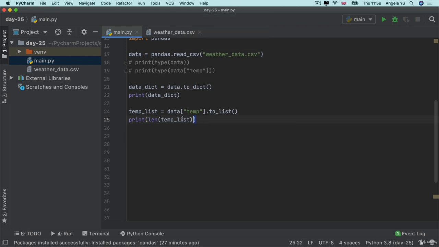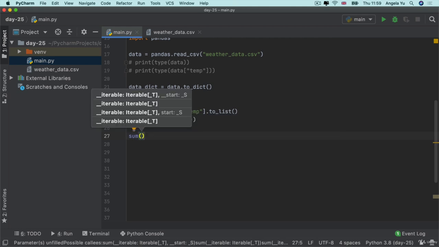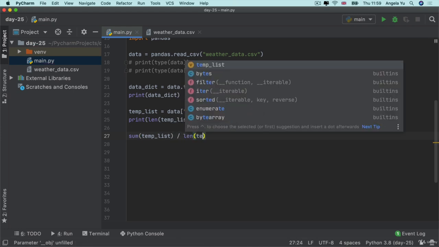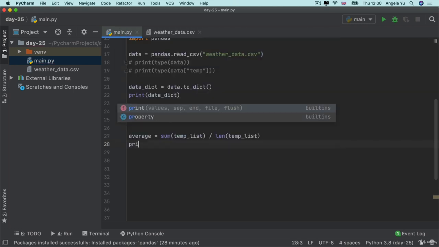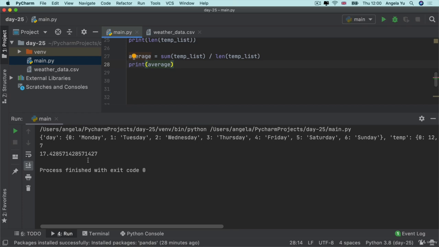All right, so we know that we can get a list of all of the temperatures in that list. And we know that Python has a built-in method called sum. So then we can get the sum of all of the temperatures in our list of temperatures, and then we can divide it by the length of the temp list. The sum of all the values divided by the number of values gives us the average, which is also known as the mean. And so if we print this out, then you can see the average temperature over the week